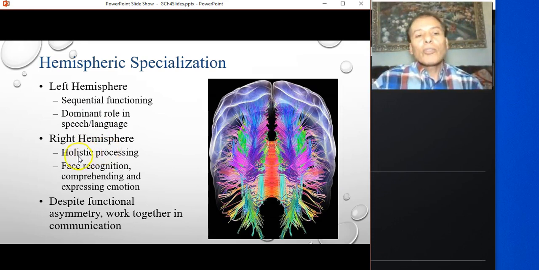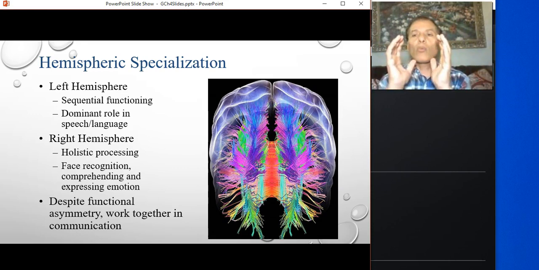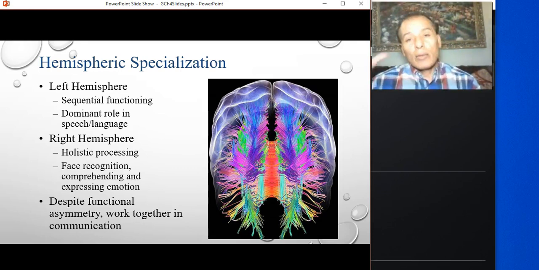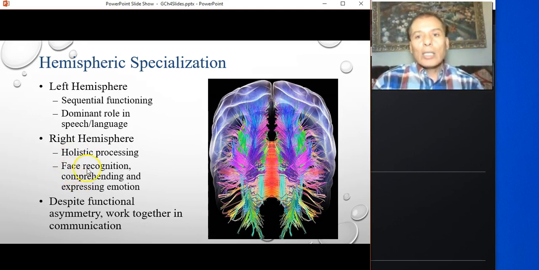So the right hemisphere is responsible for holistic processing. Like you listen to a story, read it sentence by sentence, and then paragraph by paragraph, and then you come and say, what is the connection? Why is this? All these paragraphs are connected together to make one story. What is the idea of that story? So that is the whole picture. The whole story is about this or that. The right hemisphere is what integrates different parts into a whole and enables you to see the meaning of that whole. It is dominant for facial recognition, recognizing faces and emotions, and comprehending, again, emotion.